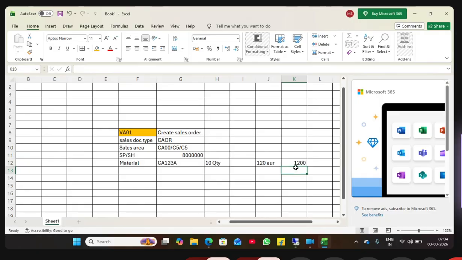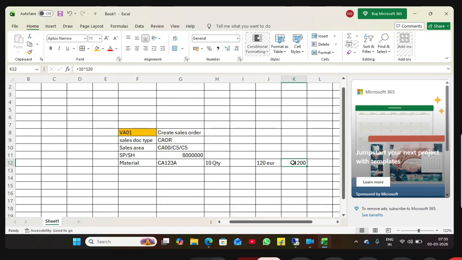1200 euros. Okay. How will it come? If you are going to a shopping mall, you know, at the billing level they swipe your product, a Colgate or Pantene or whatever. Then they enter the quantity manually, how many you purchased. They don't enter the price, our system will pick the price.